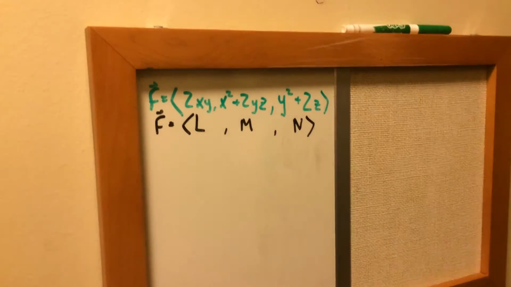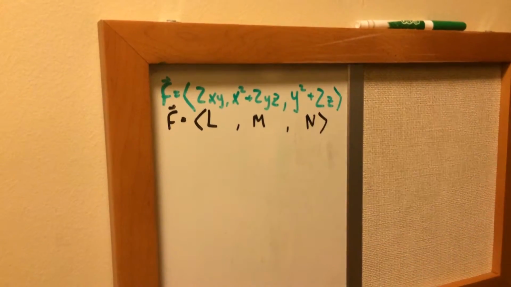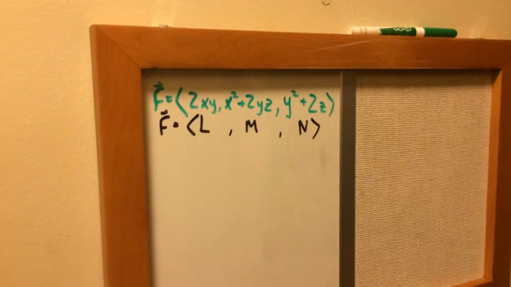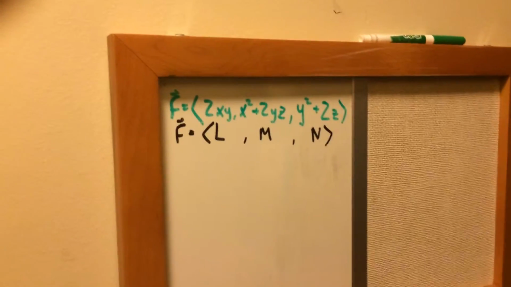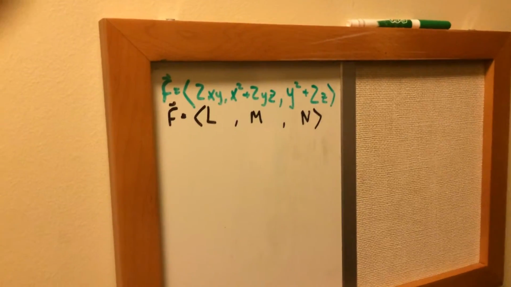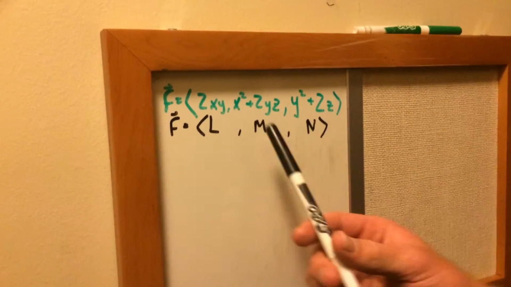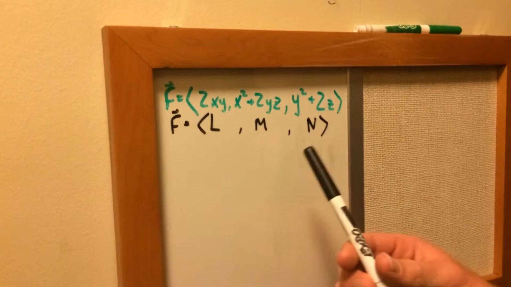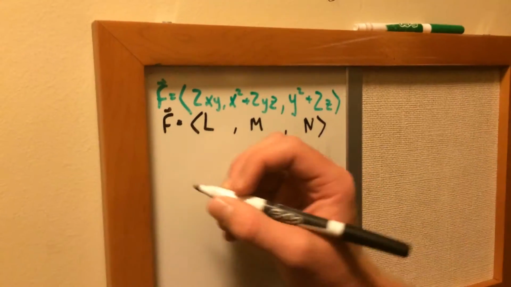Aye, aye, mateys. I have determined that the wind can be represented by the following vector field. F equals 2xy, comma, x squared plus 2yz, comma, y squared plus 2z. We can denote each of the terms of the vector field with L, M, and N for simplicity. So to find the potential curve,